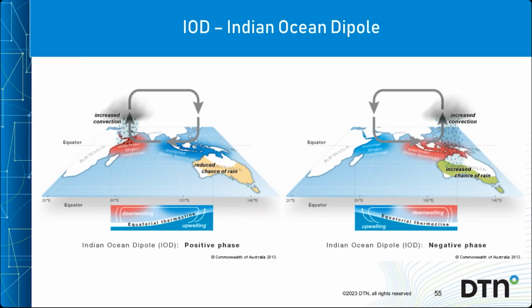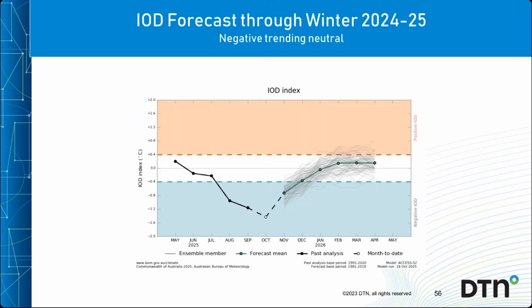Just a quick glance at the Indian Ocean dipole here. Currently, seas are slightly cooler in the Western Indian Ocean than the East, so the IOD index is negative, which the image on the right shows. And note the opposite circulation on the left when the IOD is positive. So just like the El Nino La Nina cycle, it can have far-reaching effect on global circulation. So it's another ingredient in our analog mix. Forecasts are for the IOD to stay negative through to December, but it should rather rapidly weaken and end up neutral by January. And this is the forecast from the Australian Bureau of Meteorology.